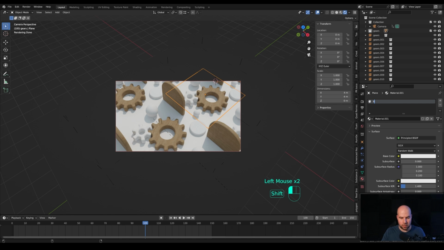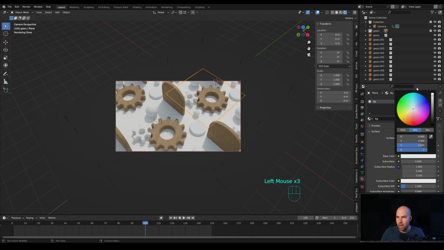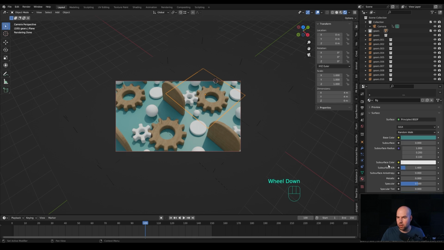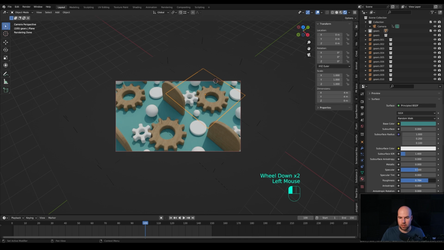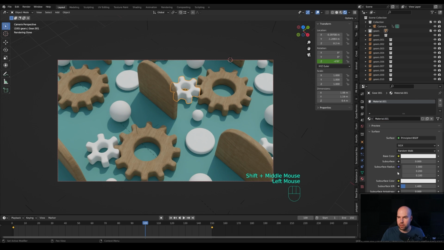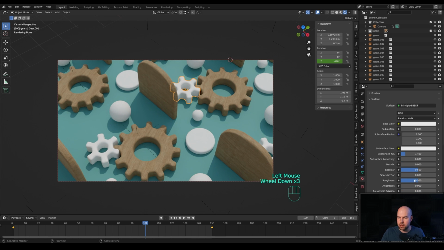And now let's create the new background material right here. And I just want some bluish or maybe green tone material like this, with a little bit of roughness. So let's increase that. And I want to keep the other gear white, but I want to give this lower roughness, so it's really glossy, something like 0.1 for the roughness.